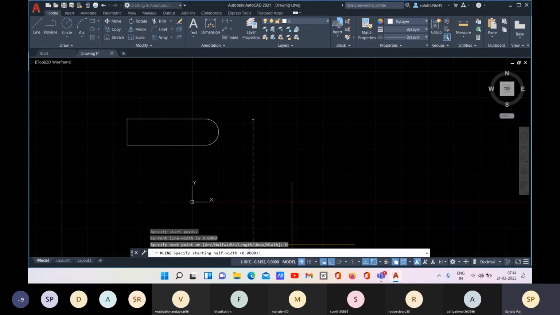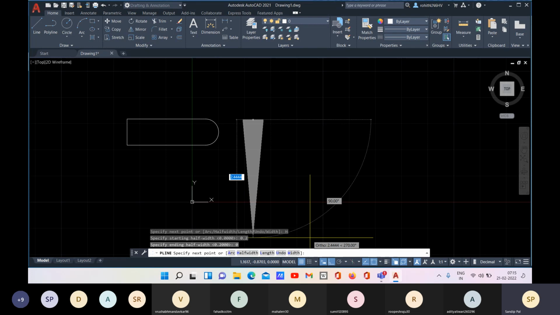What will be the starting half width and what will be the ending half width? We will provide that. For the starting half width, I will go with 0.5, 0.2, enter. And for the ending half width, if I provide 0, let me show you what will happen.